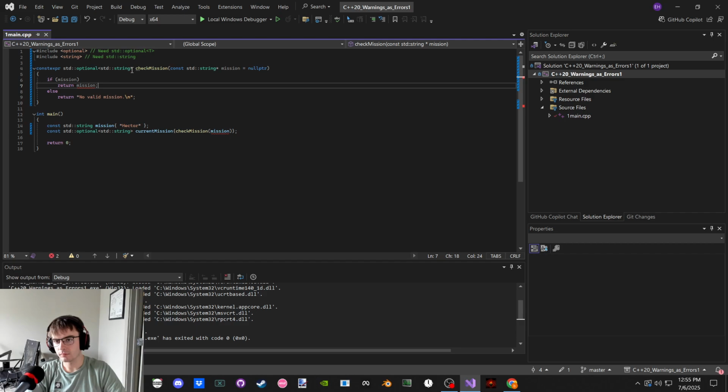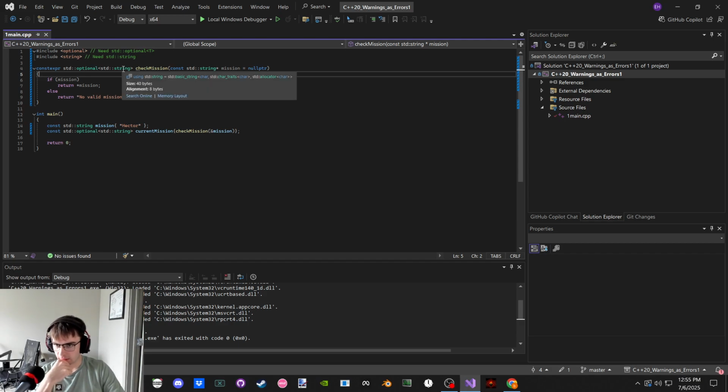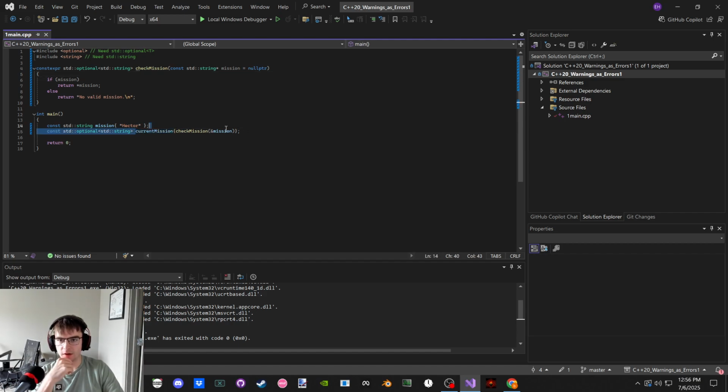And in this case, if it's valid, then we can return the dereferenced value. And then in this case, we could just pass the address of mission. In this case, it's actually returning the standard string. It's returning a standard optional, which can be expensive, but we're at least passing the reference. But then we have this return value here, which is copying a standard string back.